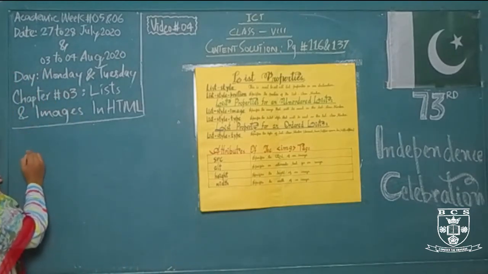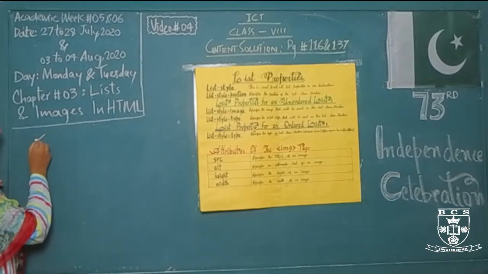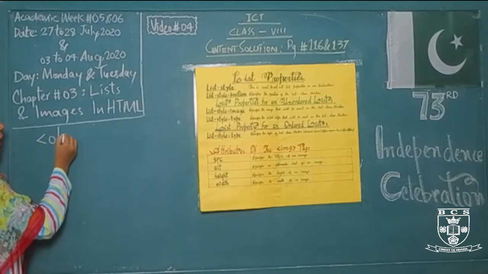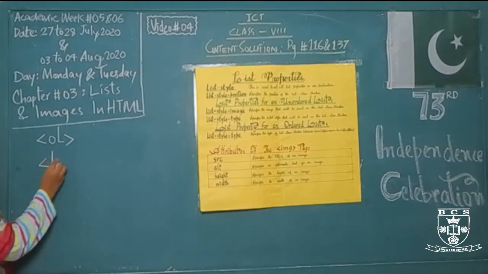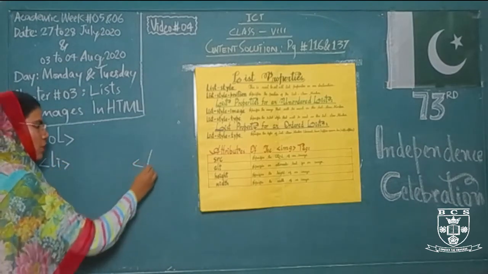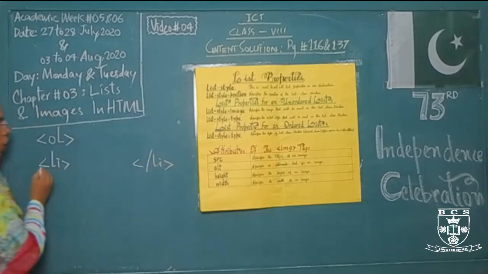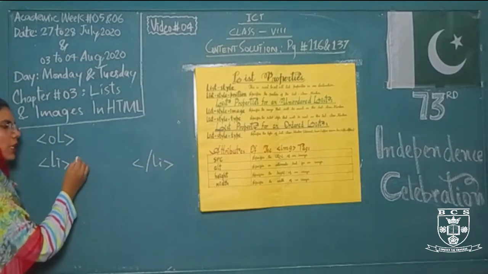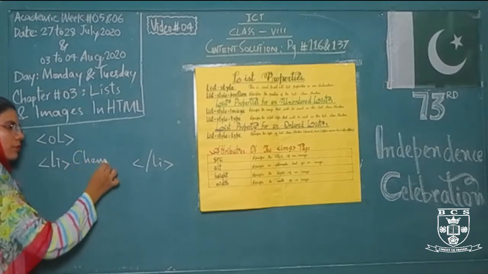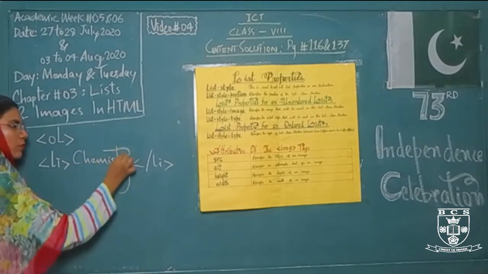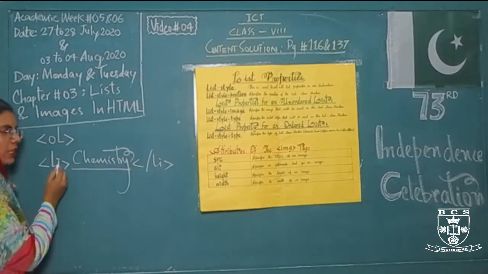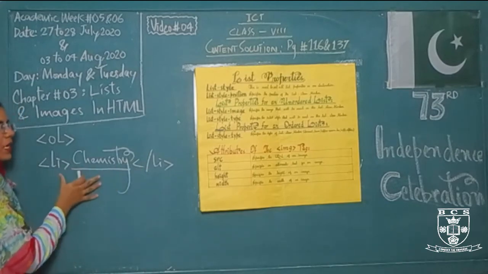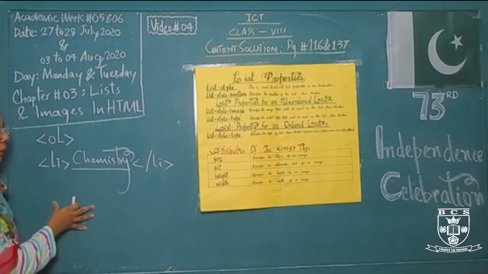So first of all, how do we use an ordered list tag? For example, I have to add some particular elements. Firstly I will mention this tag in the code section in the notepad, then I will mention all the list items with this particular tag. The first list item is a subject name, that is chemistry. So whenever I have to mention chemistry, I will write the li tag first, then its closing tag, so that it can be represented on the web page in list form.